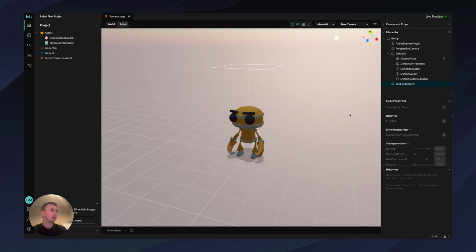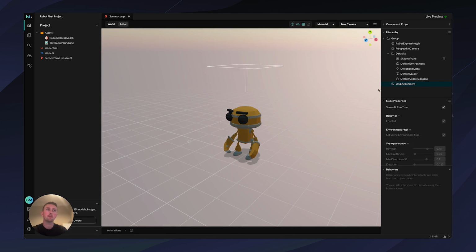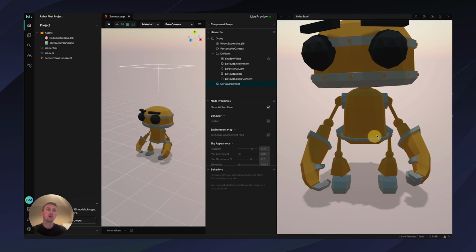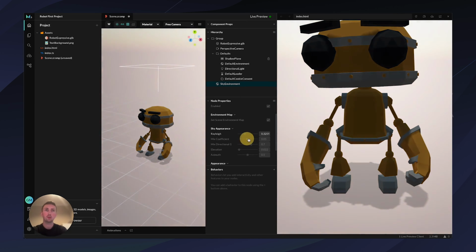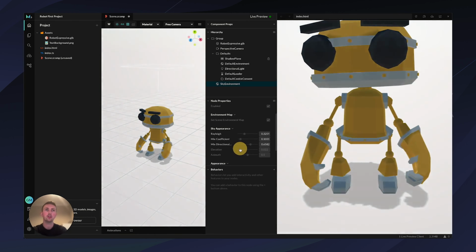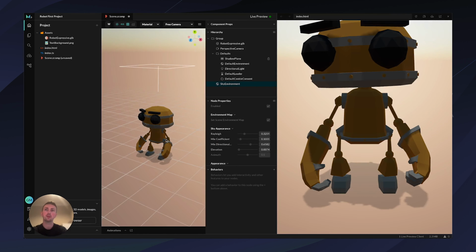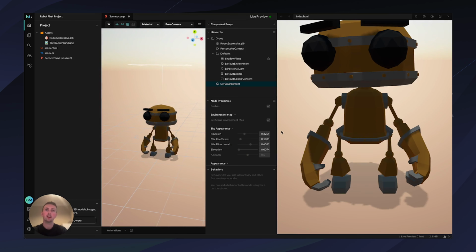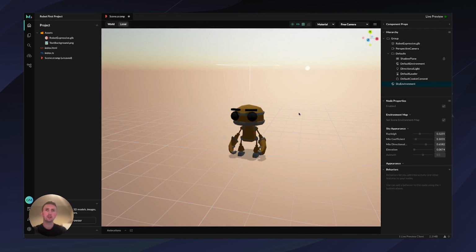One thing that we want to add is we want to select our sky environment and have it show at runtime. And that means that when we live preview, this sky environment will be around our 3D model. We can also update some of the properties of our sky environment if you like. This is completely up to you what you do here. You can just use the sliders and change how you want your sky environment to be set up. So let's have it a little bit darker. I'm going to close this live preview again.